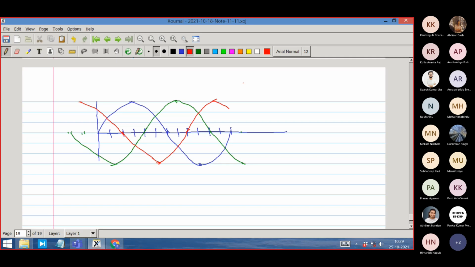We will fire at 150. Alpha is equal to 150 degrees. Alpha is equal to 0 is here, and from here we'll go 150 degrees, 1, 2, 3, 4, 5. So we are firing the positive TH1 here. Don't be surprised that this TH1 will now take the negative chunk of the voltage. That is the intention.